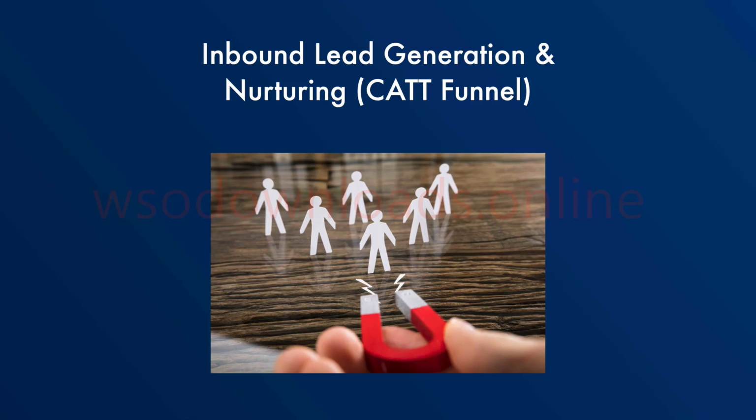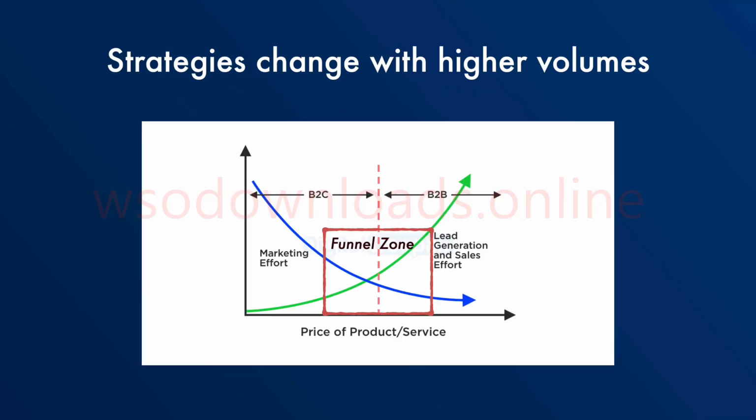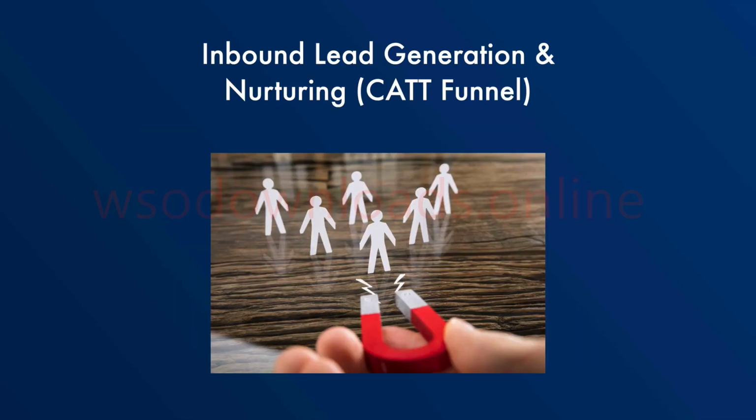However, if you have a B2C product, and assuming that this product is not towards the left end of the spectrum, and that your product lies inside the funnel zone, it will be very difficult for you to find out who your target customers are, even if you can find out their contact details and reach out to them. A typical example of this is a real estate company trying to get a database of names and phone numbers,